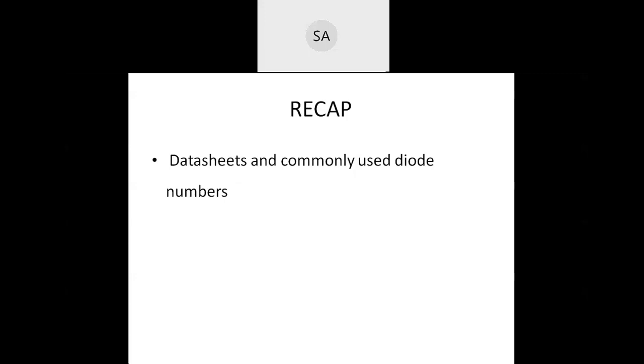We also discussed the applications of diodes: protection against polarity reversal, power control of soldering irons, dimming of incandescent lamps, and temperature sensors. These four applications were discussed with different circuit configurations. So these are the topics we have covered in the last lecture.